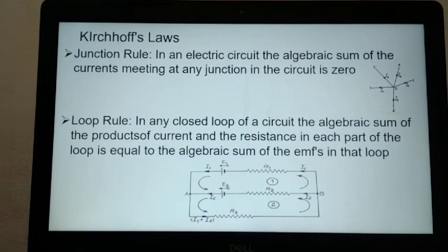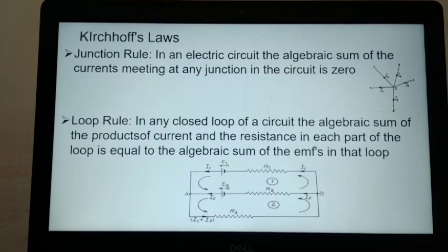Then from the top left corner you are moving to the point A, where no resistance is connected. Now you are moving from A to B, and then you complete the loop. When moving from A to B, you find the resistance R2 through which a current I2 is flowing. But you remember, you are moving from A to B while the current is flowing from B to A. So you are moving in the direction opposite to that current, and that current you take as positive.